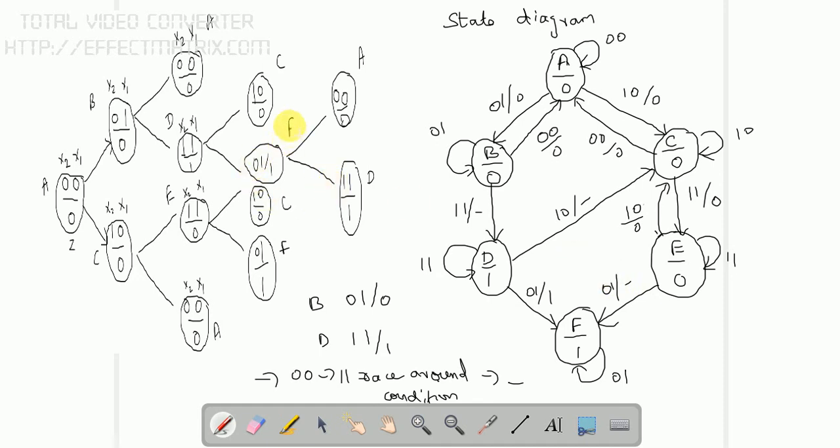And finally from F it is going to A as well as F to D. So F to D, again it is going to 1 1, 0 1 to 1 1, and the outputs are the same, so 1 1 slash 1. And F to A, only one state has to be connected. So for that I'm going to connect F to A. Before that I'm just going to shift this nearby. So this is 1 0 slash dash.